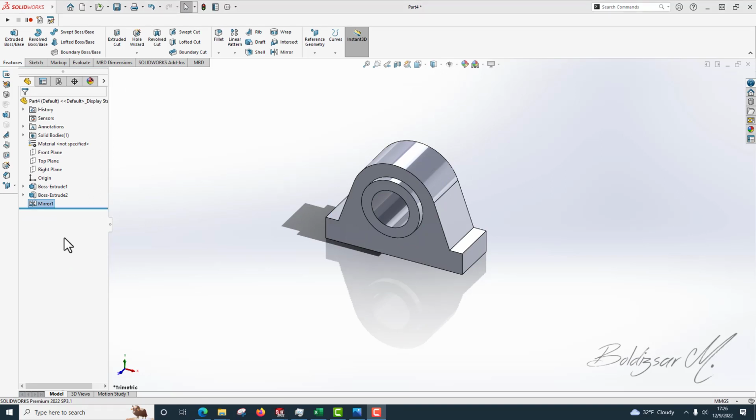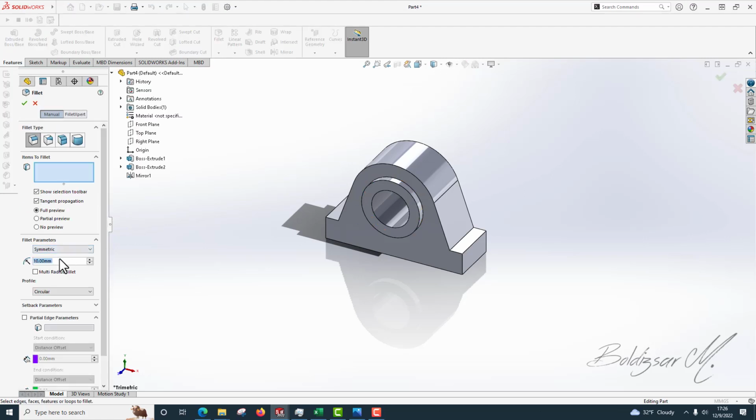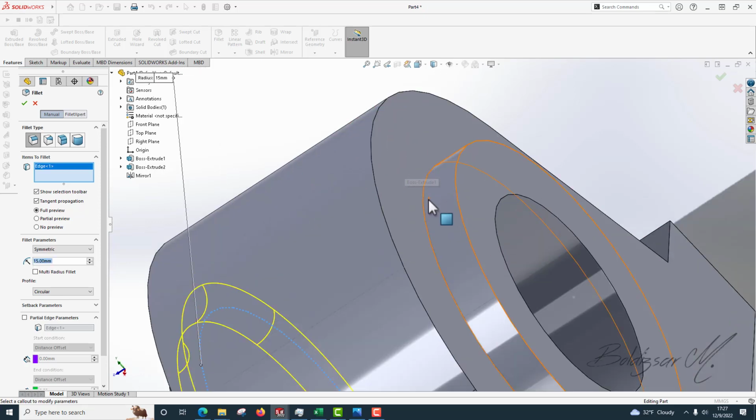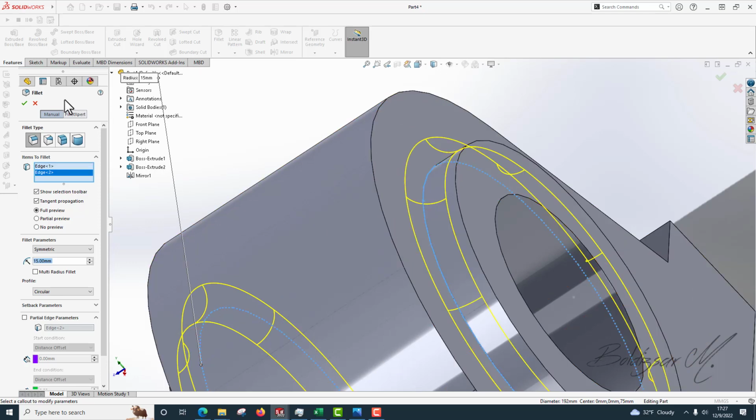And finally let's make the fillet. So fillet 15. This one. And this one. Okay,